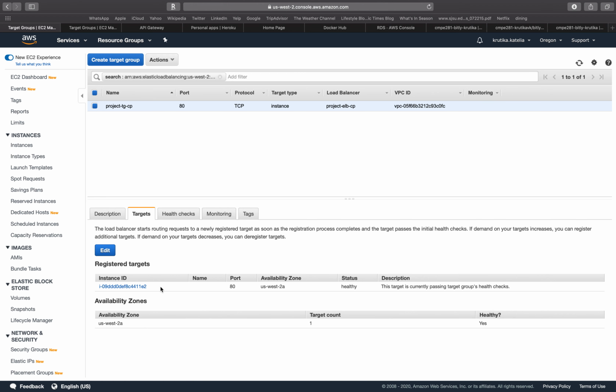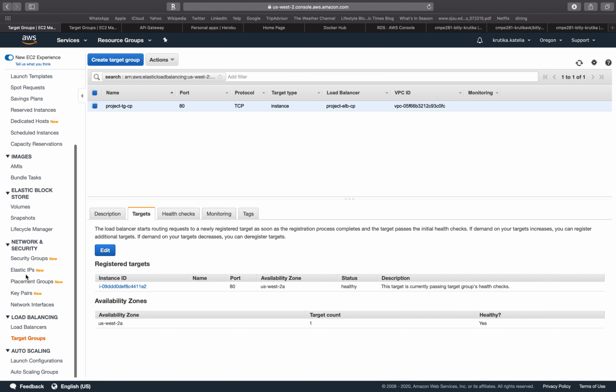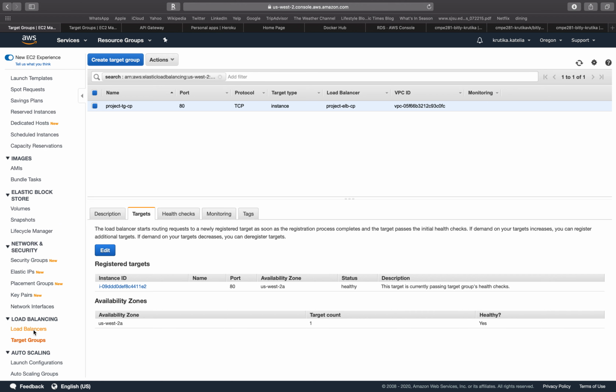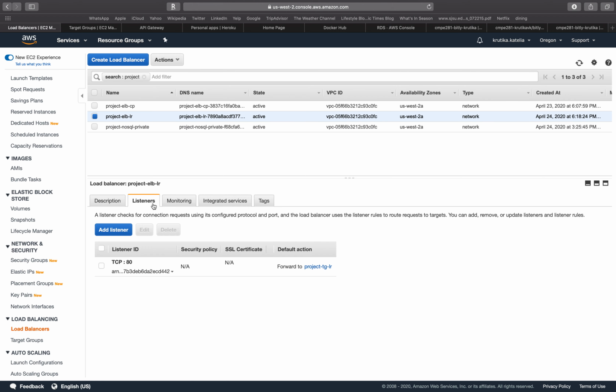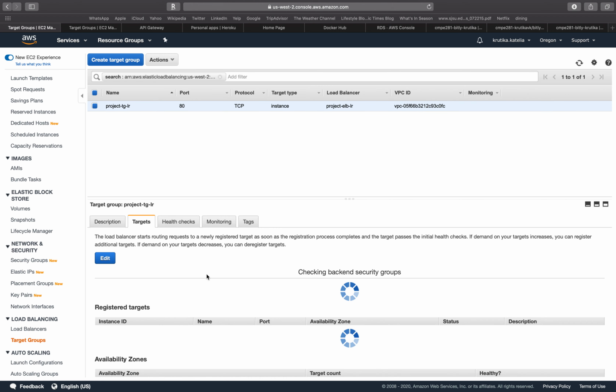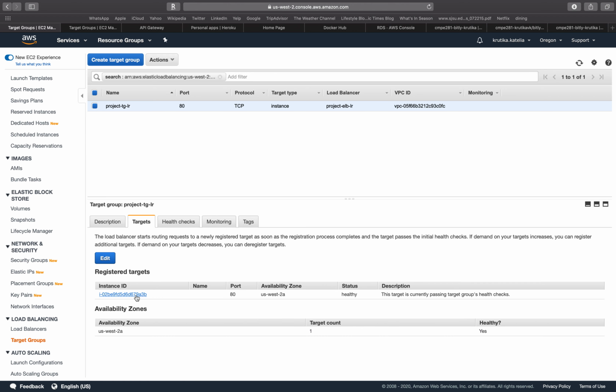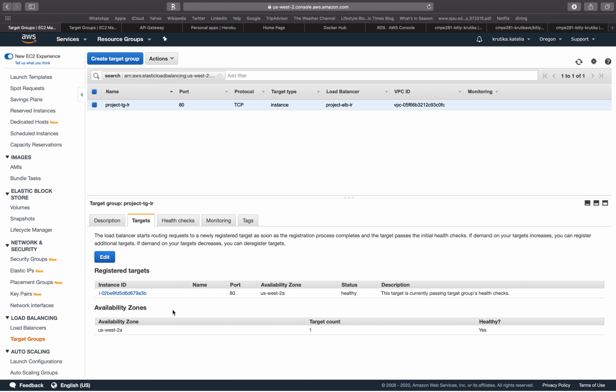This is the instance created by the auto scaling group that is showing as healthy at the moment, and this was for control panel. Let's look at the link redirect. The same thing for link redirect. Right here, this is the instance created by the auto scaling group and it's showing as healthy.